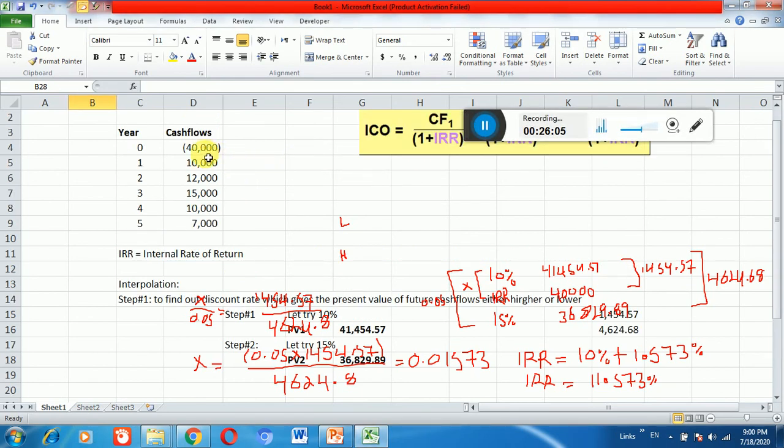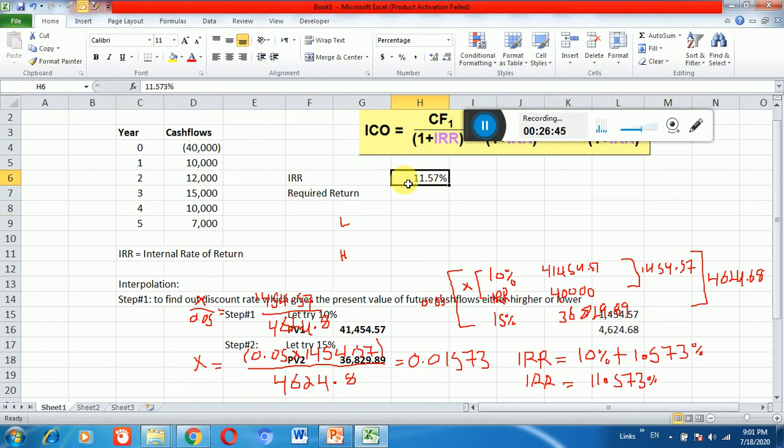So you can say the internal rate of return in this project is 11.573%. This is what is called the project rate, or internal rate of return. It means the future cash flow which is coming in these 5 years comes at the rate of 11.57%. So dear students, if your required return, how much you require from this project,